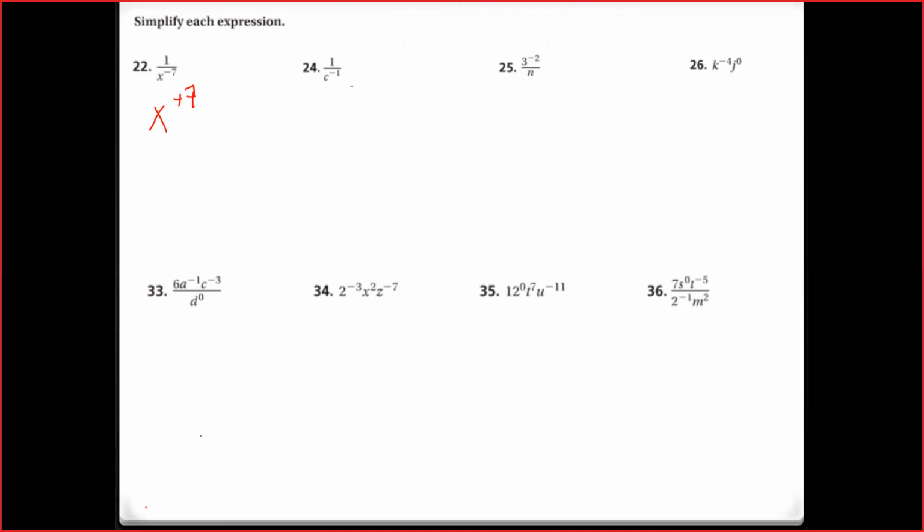Now, number 24, 1 over c to the power negative 1. What is the reciprocal of 1 over c? It is c. And what is the opposite of negative 1? It is positive 1. So c to the power 1 is what? It is c. Number 25, 3 to the power negative 2